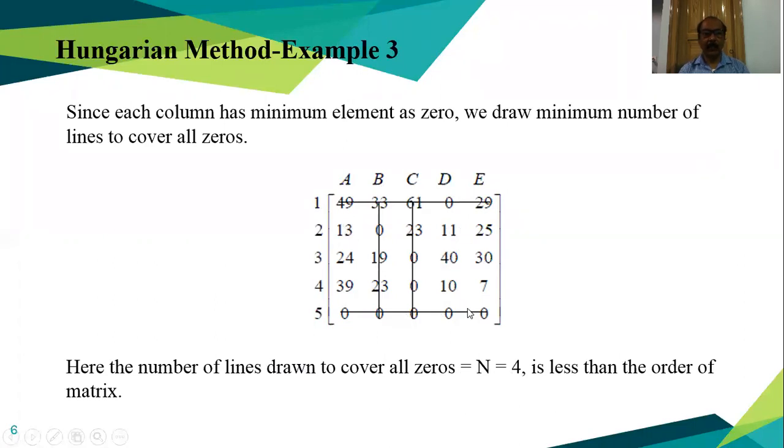From the uncovered elements, we have to find the least element. What is the least element? 7. That 7 should be subtracted from the uncovered elements and added to the intersections of horizontal and vertical lines. The intersections of horizontal and vertical lines are 4 points: 1, 2, 3, and 4. So this 0, this 20 will become 7. 33 plus 7 will be 40, and 61 plus 7 will be 68. That 13 becomes